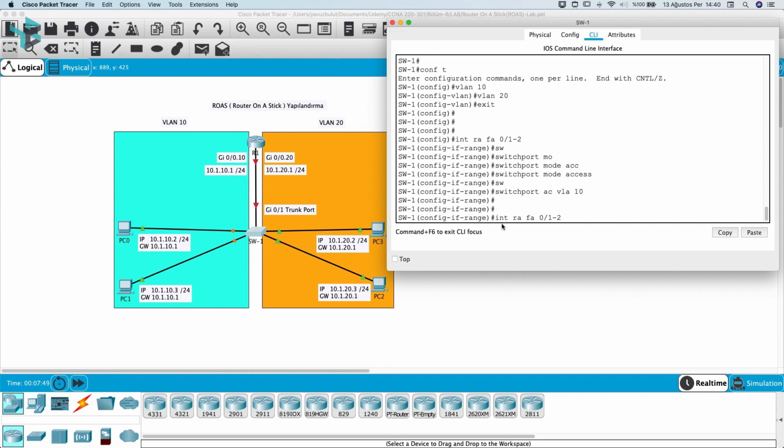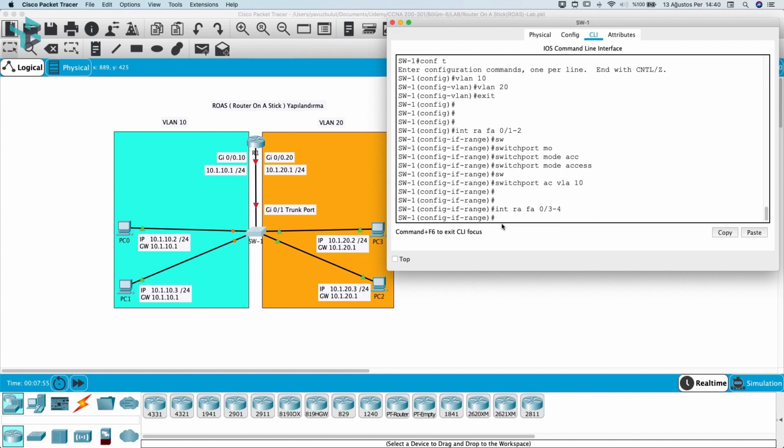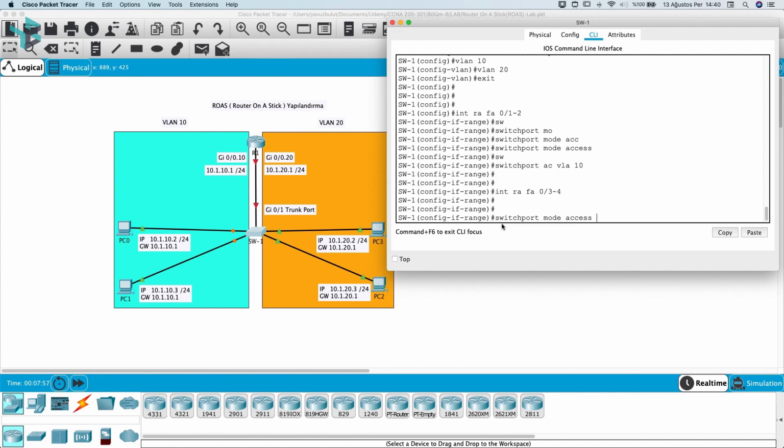Let's go back to the old commands with the arrow keys, type 3 and 4. When we say 3 and 4, we say third and fourth. We went under the port. I find the switchport mode access command with the arrow keys, then I type switchport access vlan 20 into it.